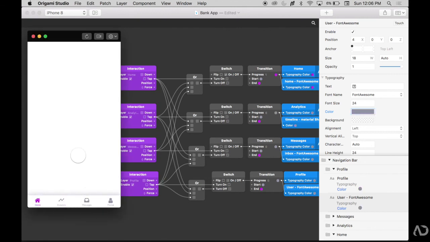In the next video, I'm going to show you how to add page transitions and animations to make your prototype